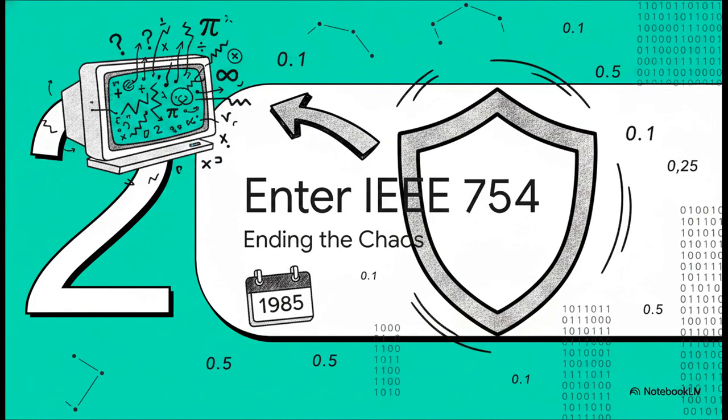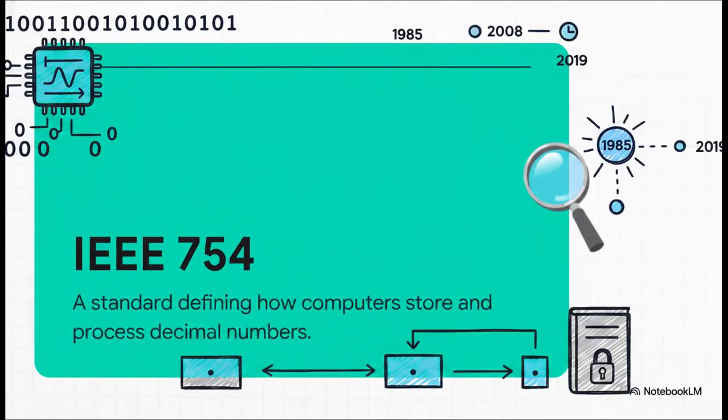Enter IEEE 754. So what is IEEE 754? Well, it's a technical standard published by the Institute of Electrical and Electronics Engineers. Back in 1985, this document essentially laid down the law. It finally told every single computer manufacturer exactly how to store, process, and calculate numbers with a fractional part in a completely consistent way. Sure, it was revised later in 2008 and again in 2019, but that original 1985 document,